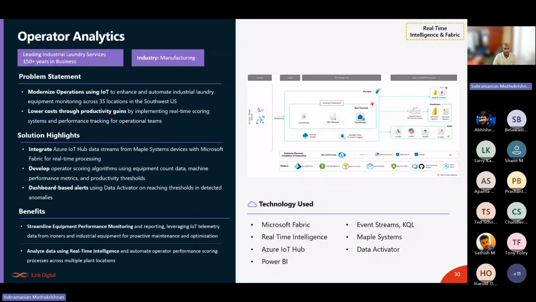I want to take a moment on another real-world use case that we have been seeing with a customer. This is another example from a manufacturing customer. The customer has been in the industry for almost 150 years, serving 35 locations in the Southwest US, and they do commercial laundry and rental services. We have seen the customer modernize their operation using IoT to enhance the laundry experience and improve productivity gains. So we leveraged Fabric RTI to stream the data coming from the IoT